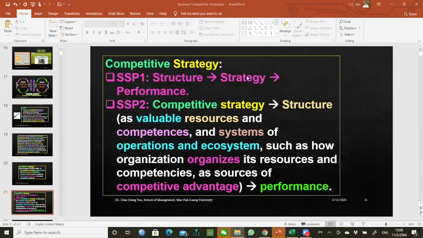So SSP, okay, 1. And this one, you can look at SSP 1, or you can also look at it as the